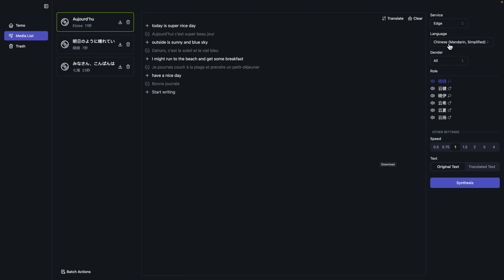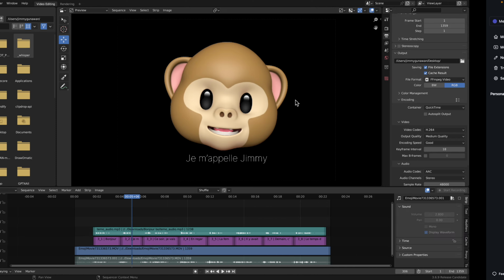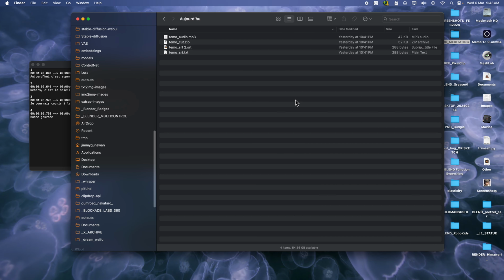Okay, you can actually change this to Mandarin as well. Let's try. Translate this to traditional Chinese. Now we can. Welcome to Tamil. Oh, the first one sounds really pretty. Just synthesize this. So we did the French. This one's gonna be the Mandarin. Save. So we already have two